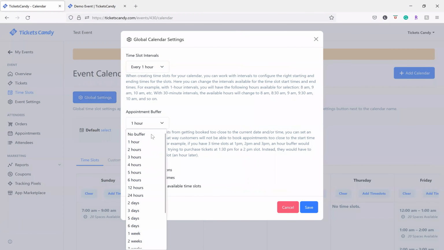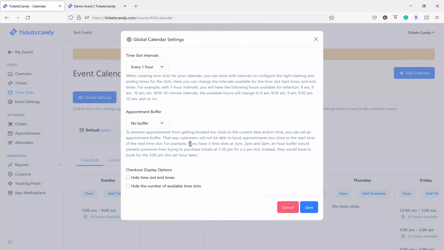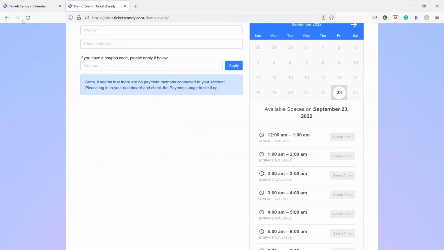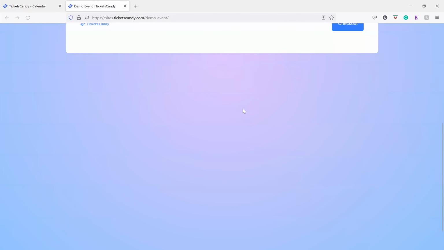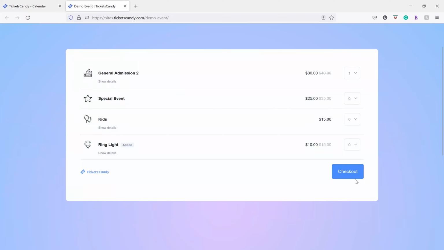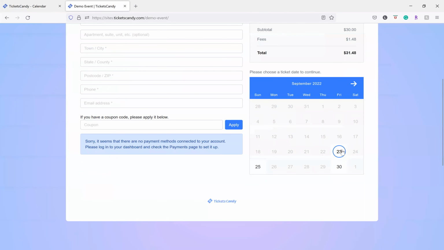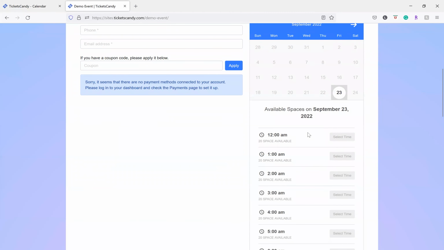You have the option to no buffer all the way up to 8 weeks or 1 hour. Now we look at the checkout display options. Under checkout display options, if you select hide time slot end times and click Save, go to your demo account and refresh. Checkout, click today's date. You will see that the end time of the time slots are no longer available